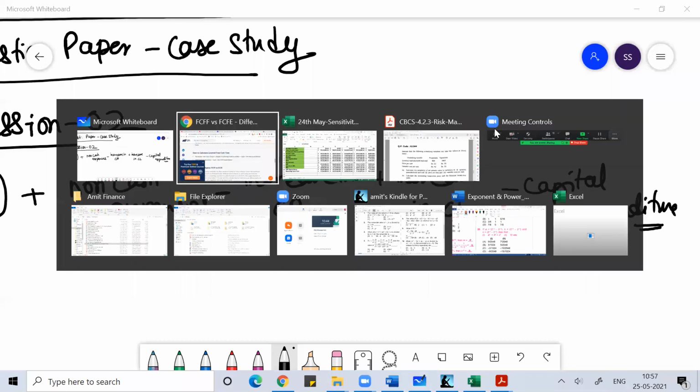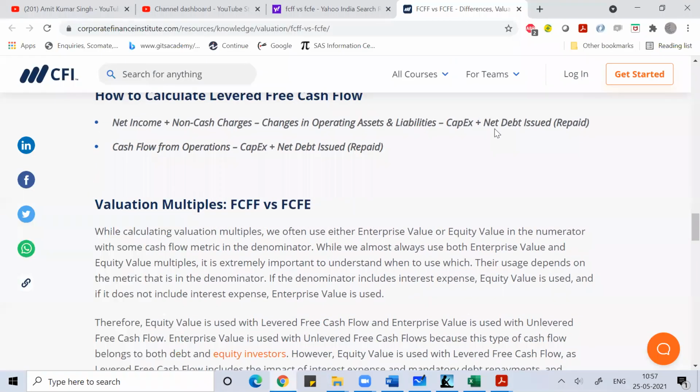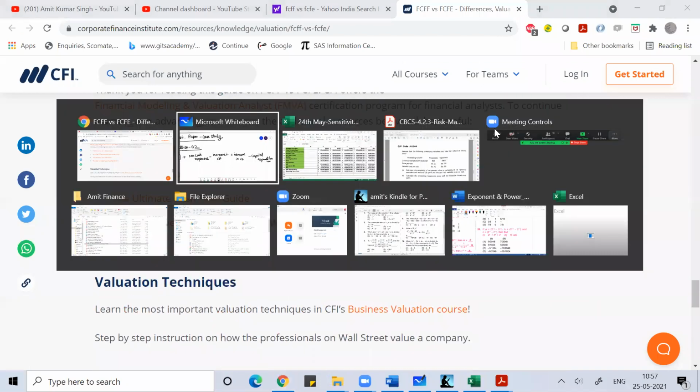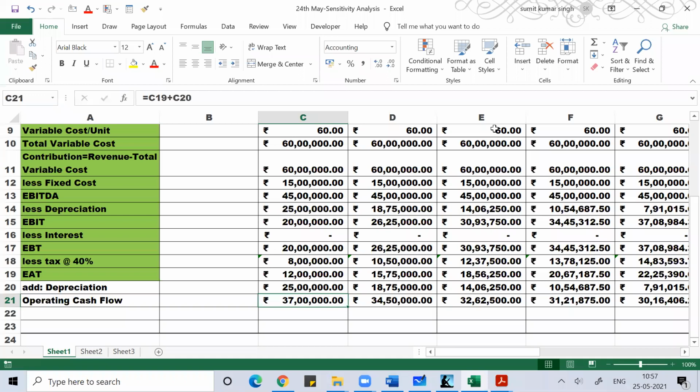Again, a lot of discussion is going on about that. You can spend some time to read about them so you understand it in a better way. Here all that data is not given, so we will not go into more detail on this part. I hope you understand this. So your operating cash flow, I'll get.